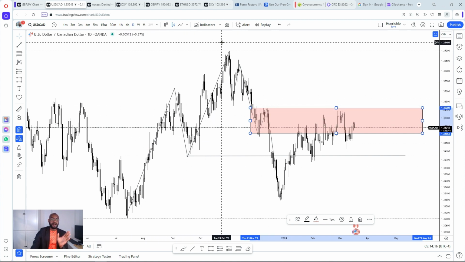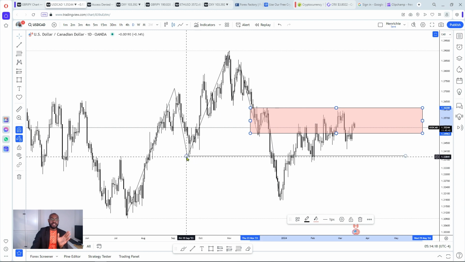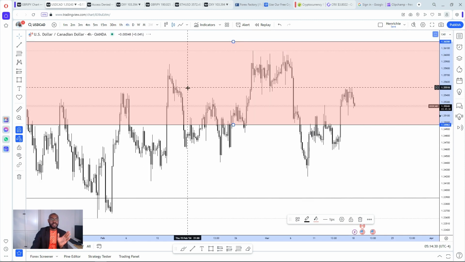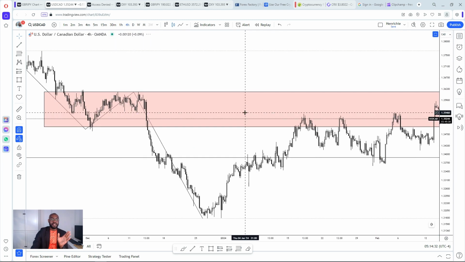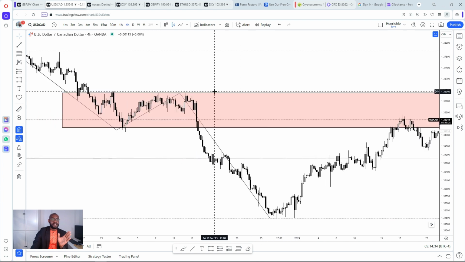We were trending to the upside before we violated this low, breaking structure, closing up below it. This is my point of interest. But because of what I'm seeing above this point of interest, if we go to the 4 hour time frame, so we can see that a little bit clearer. Because of what I'm seeing above here,